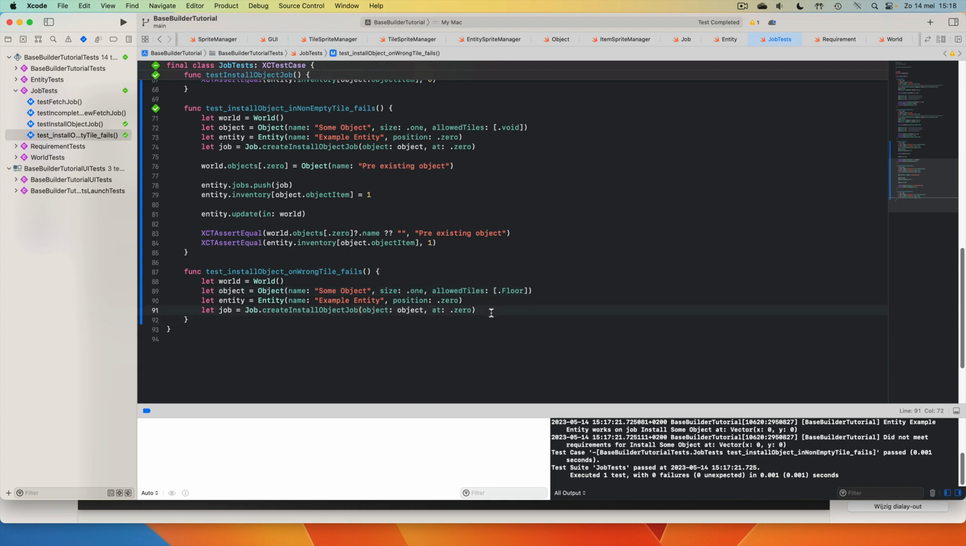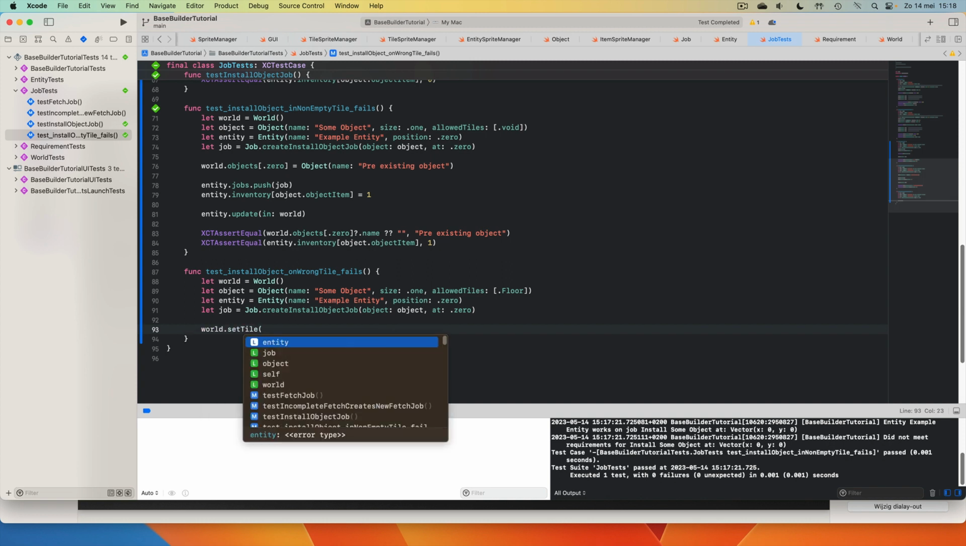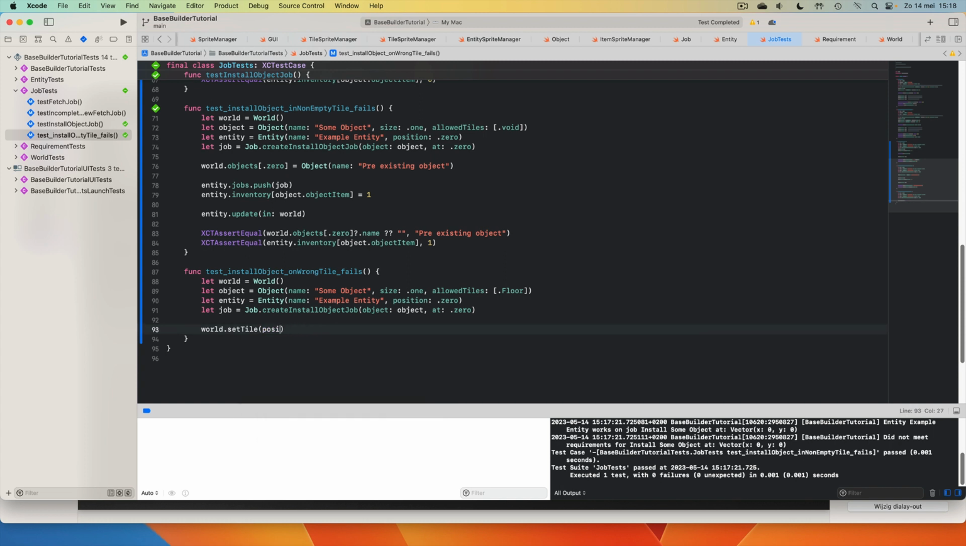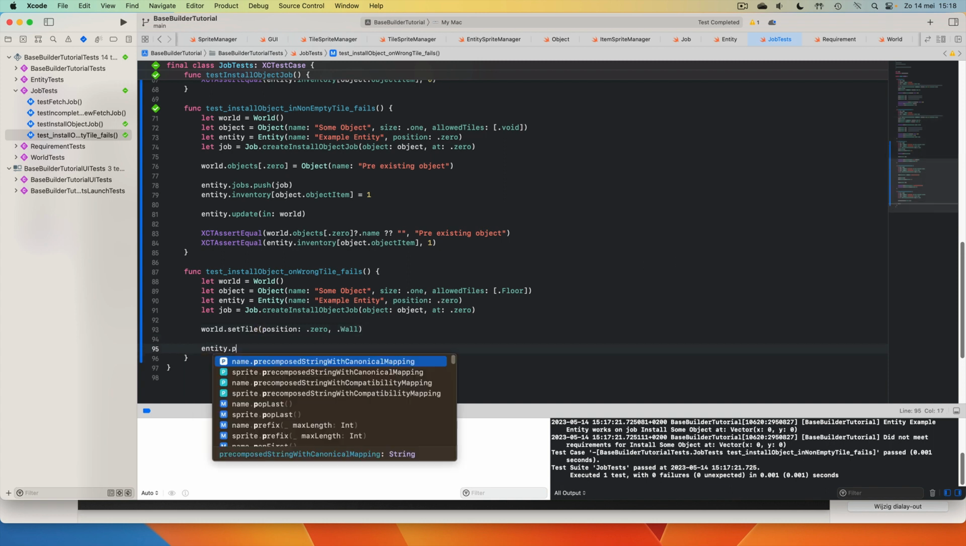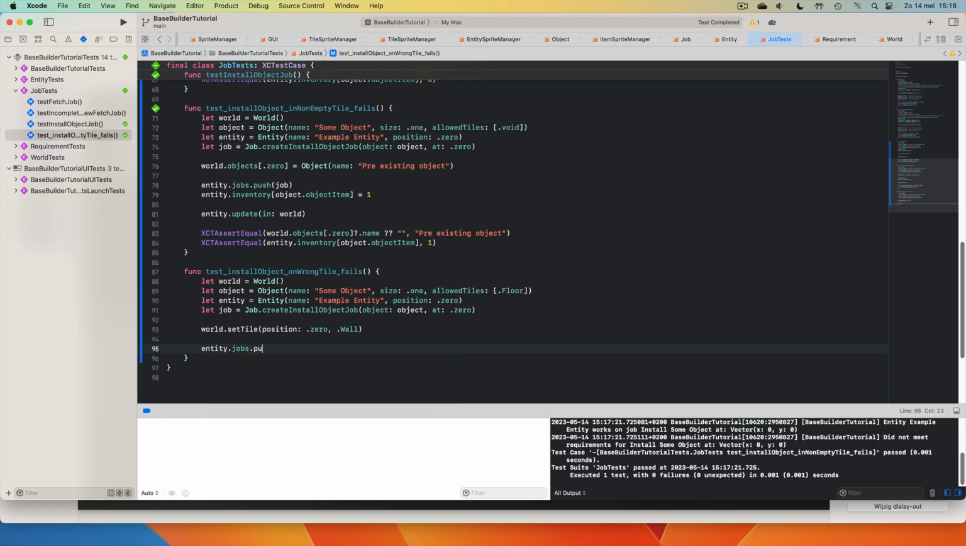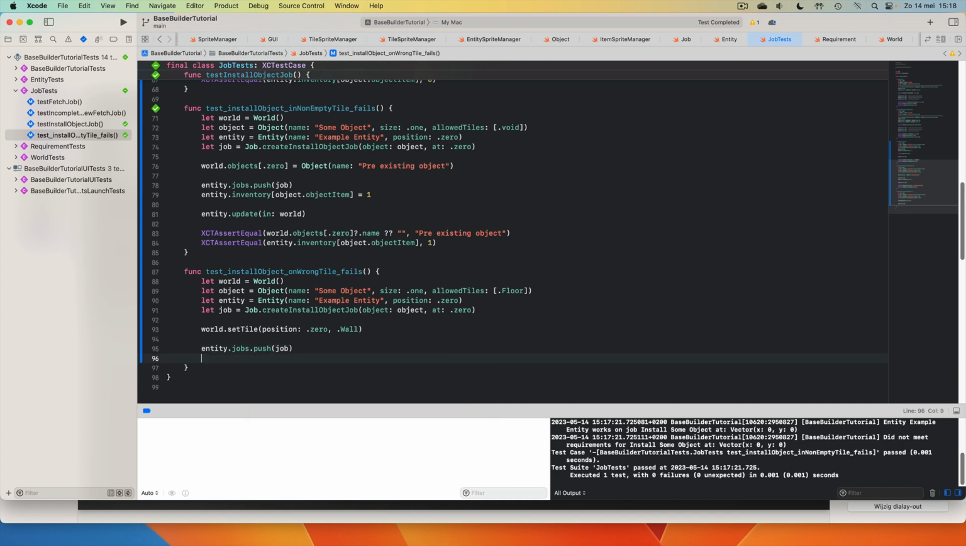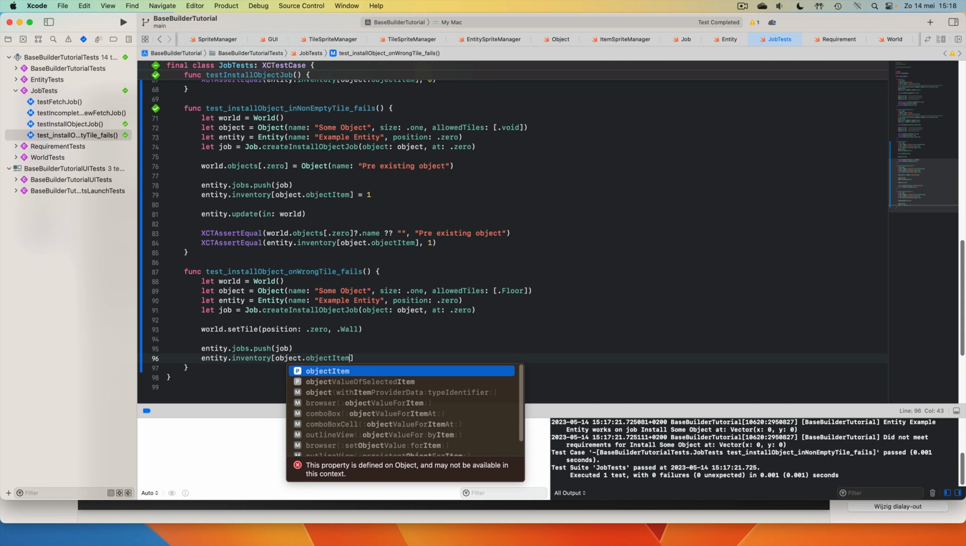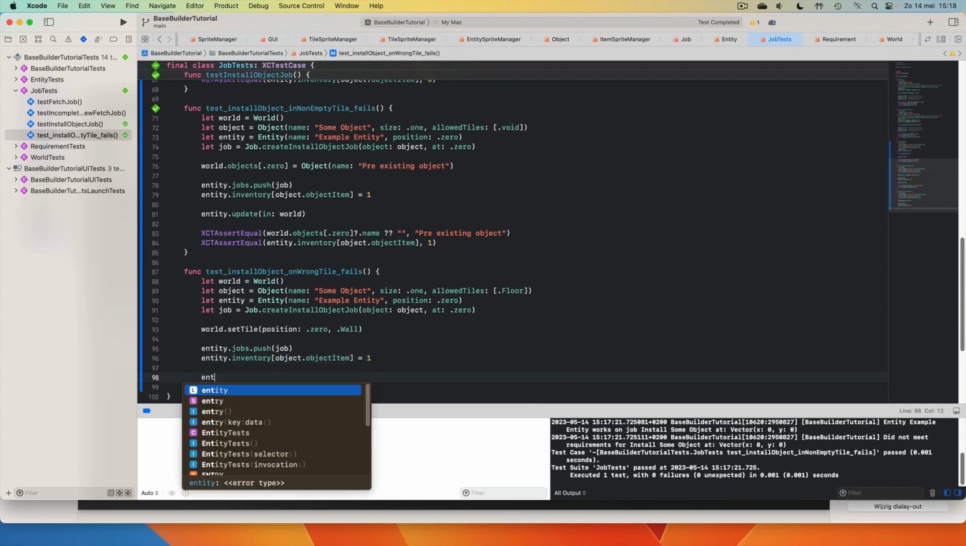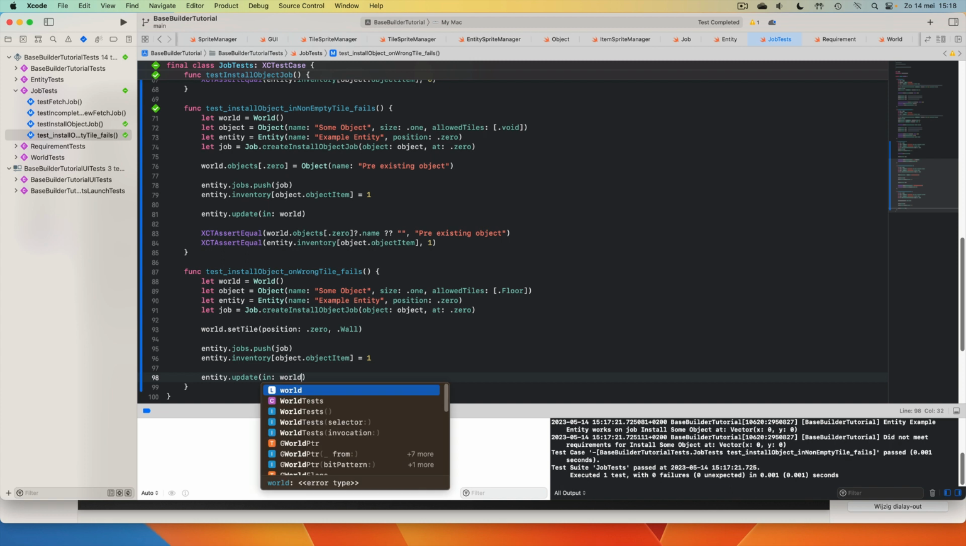We have our job. We'll make sure that in our world, we set the tile at position 0 to a wall. So we make sure that it's not a floor. And then we push the job to the entity's job queue. And we make sure that the inventory has the object that needs to be installed. Then we update the entity in the world, and then we can